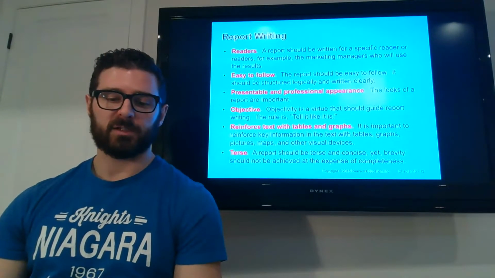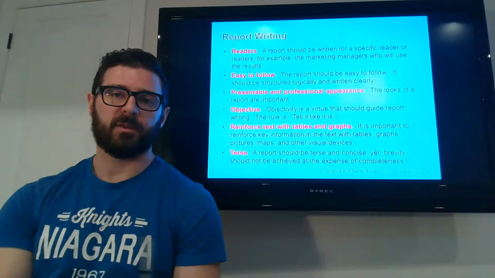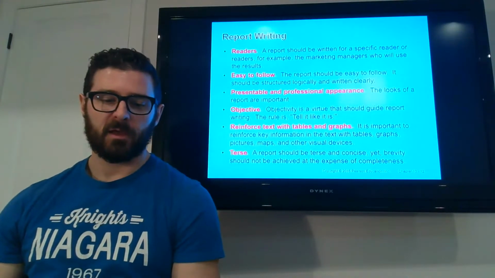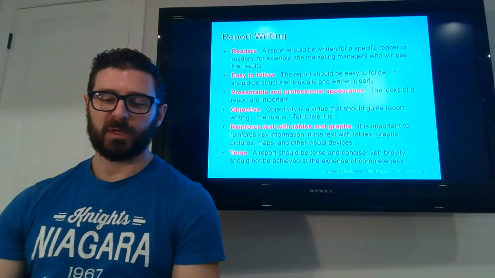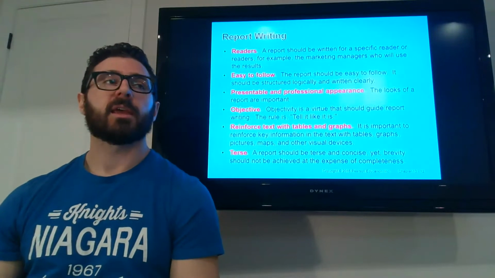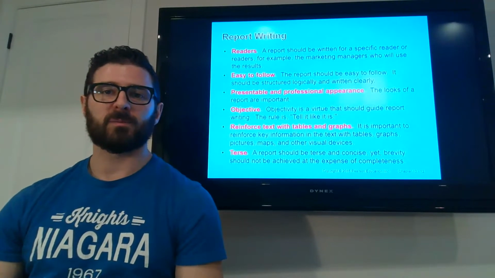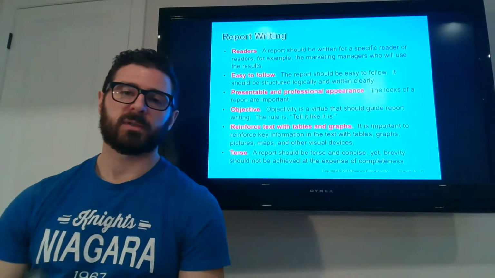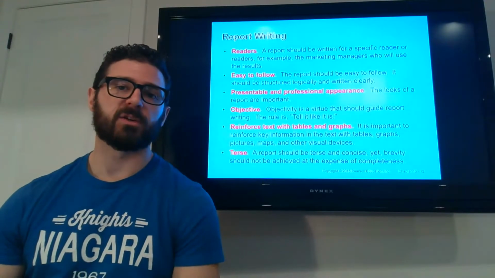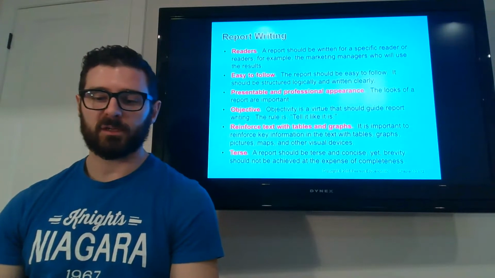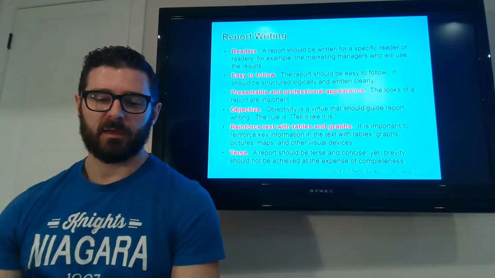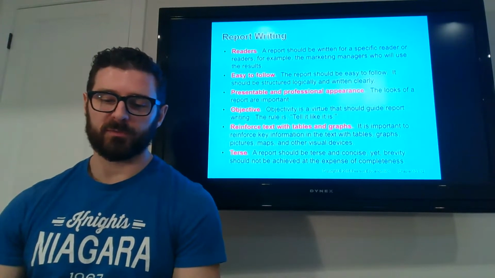Part of structuring it logically and clearly is the format that we just looked at, so the way of organizing all of your content. Presentable and professional appearance. The looks of the report are really important. If you have great content, but it looks messy and isn't put together well, people are not going to trust your content as much. Even if it is really good, well-researched information, it won't be as trustworthy if it looks messy and sloppy. So the appearance is really important.